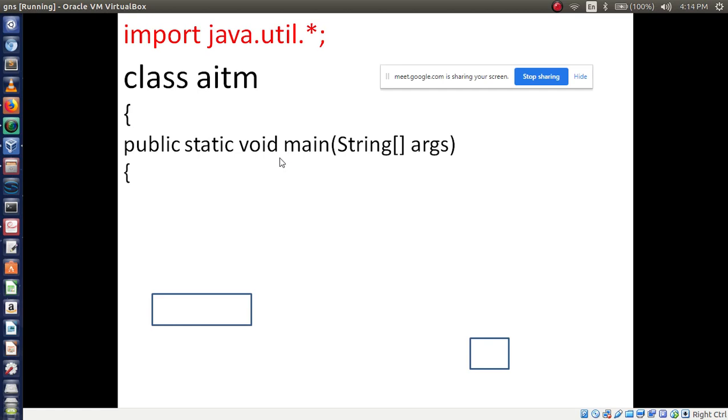So which data type should I declare? String. Yes, S is capital. So String, variable name I have given str. Next is what? What is the next line? Anyone tell me, what should I write?